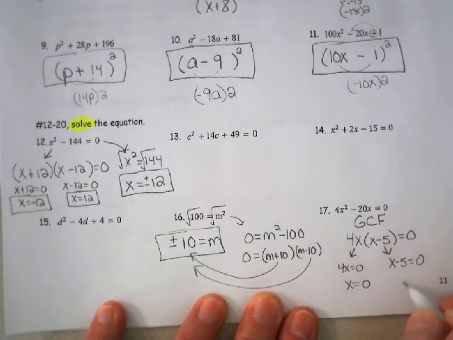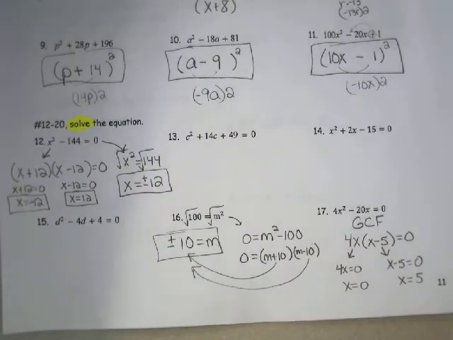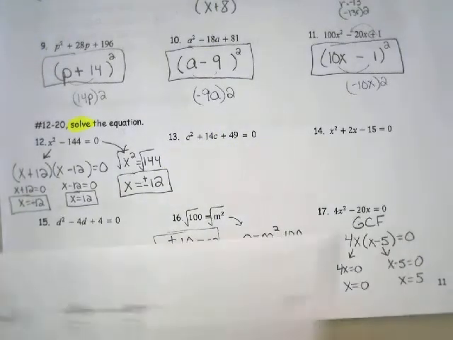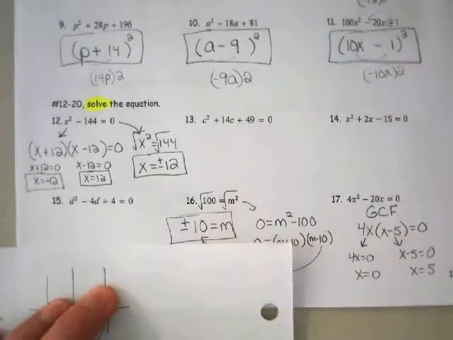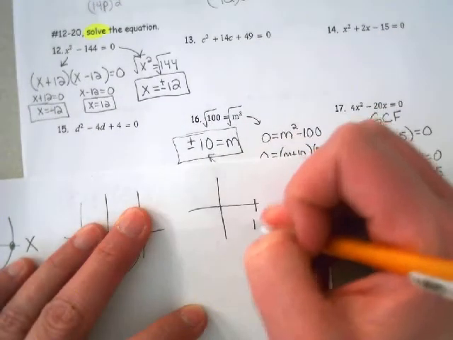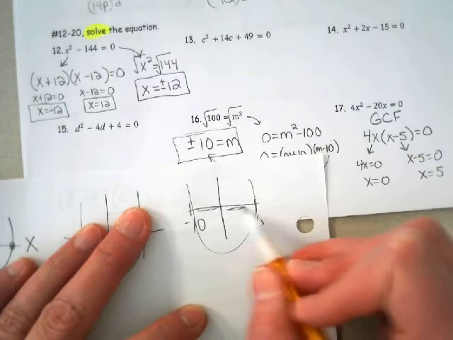What you want to do now is just set each one of these equal to 0, and you still get two answers. So you still get x to be 0 and you get x to be 5. It's just not what I would call symmetrical. So instead of crossing like number 16